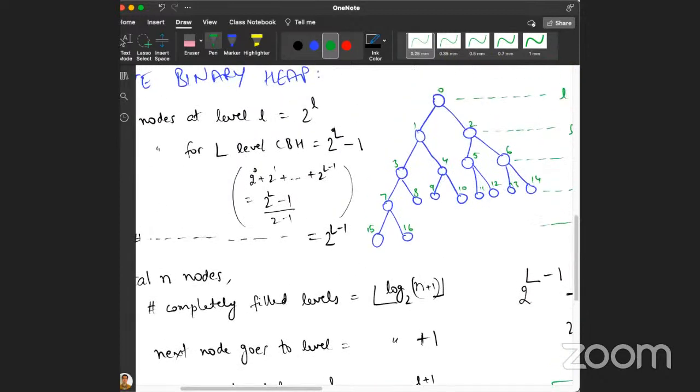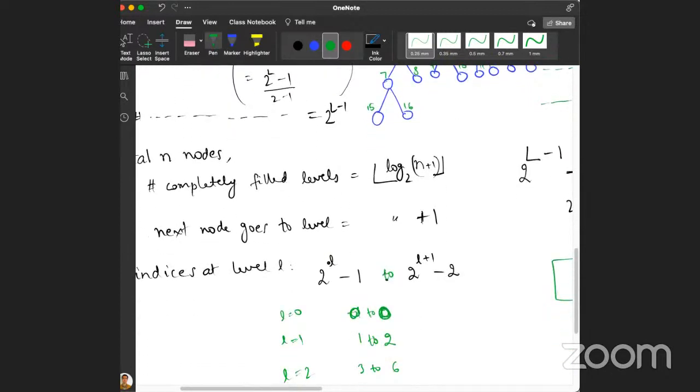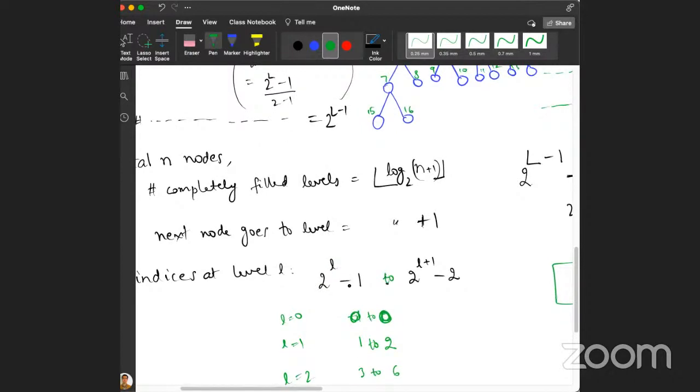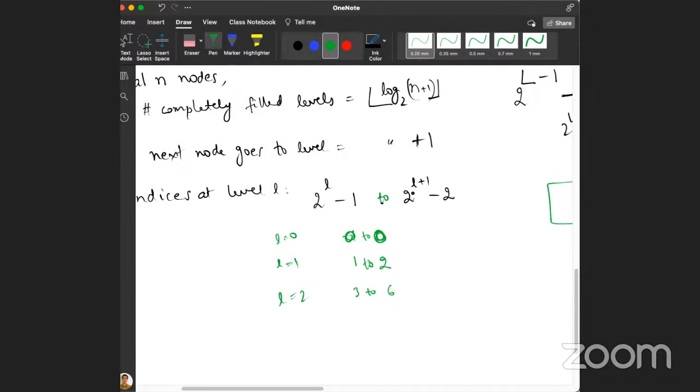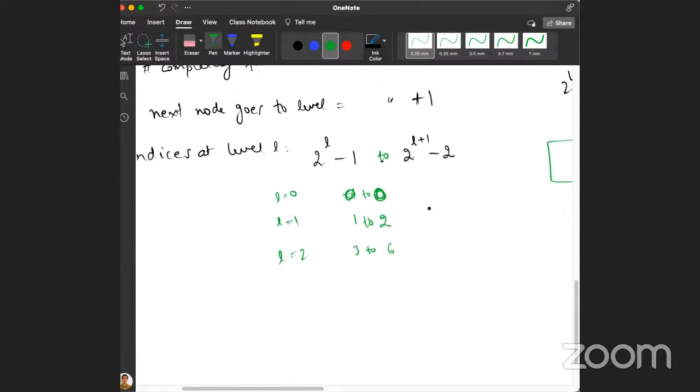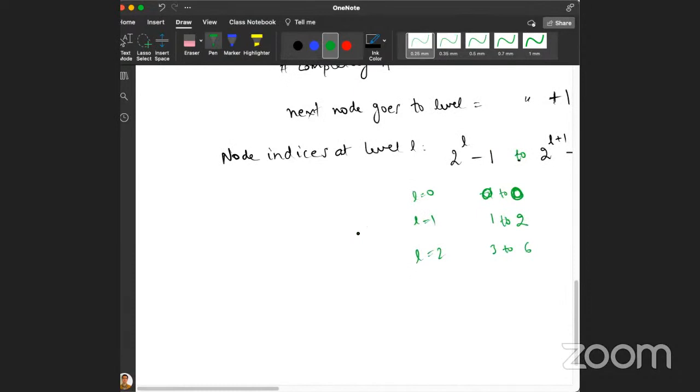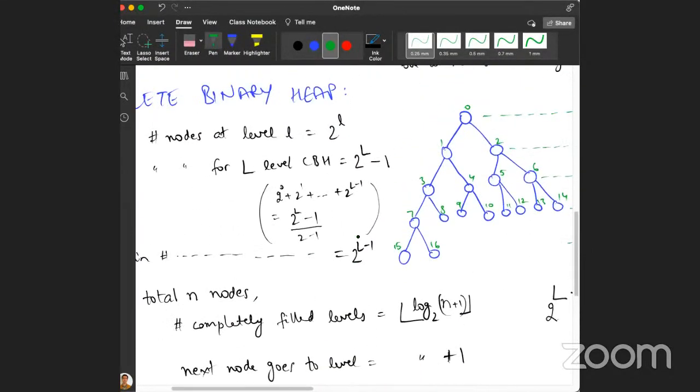L is the number of levels, but small l is the index, and indexing starts from 0. That's why it is 2 to the power small l minus 1, because again the node indices start from 0. So we have to be careful about indices and the total number of something. This is about indices, so that's why 0 is extra here. Then you essentially multiply this thing with 2. Fine, this is done. These were some exercises which you will need to implement your algorithms for the complete